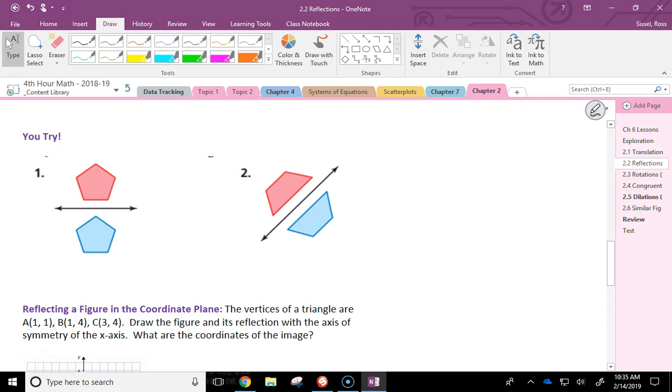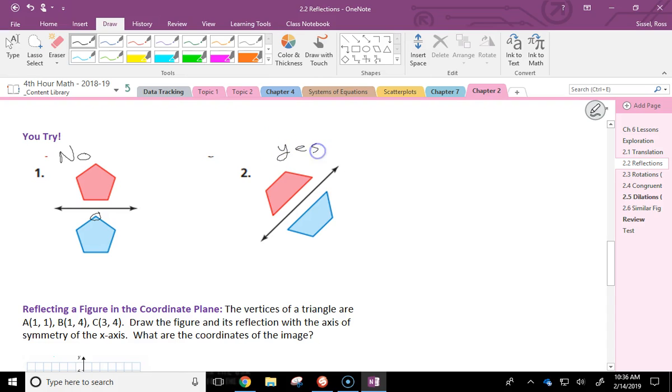Yeah. Reflection is up and down, so I should flip this way. This point, the part that's a little different, should have been on the bottom. So we would say no. Number 2. Well, I don't like that it's this way, so I have to turn my head some. It works. But